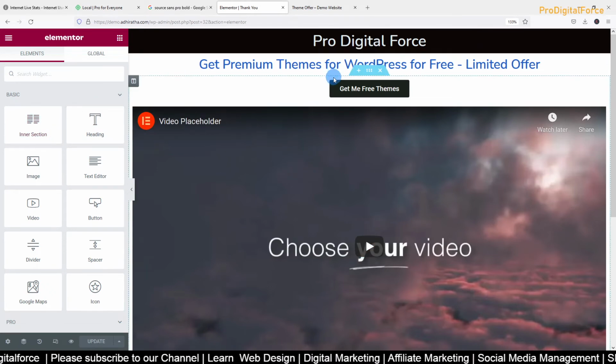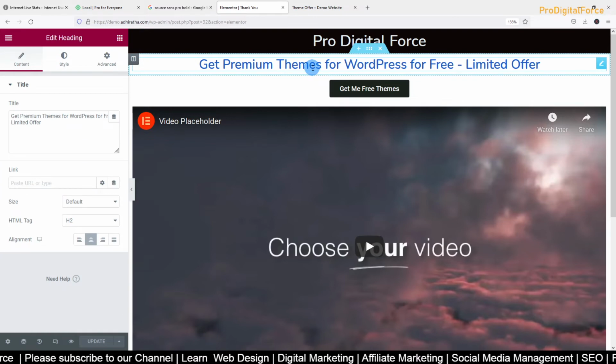Now again, this is the text, right? What we need to change is this one.